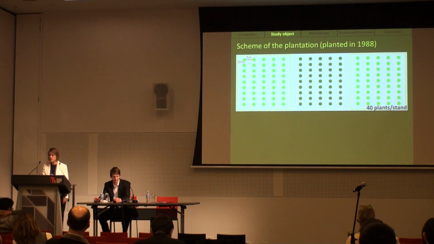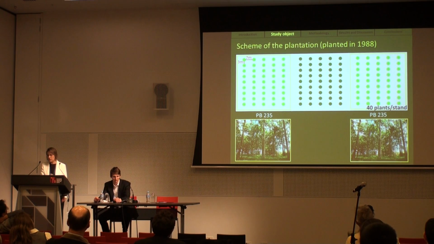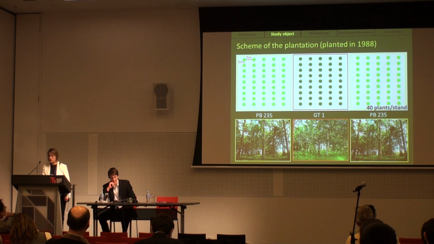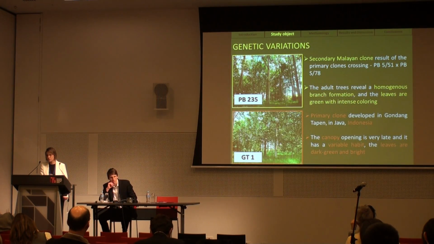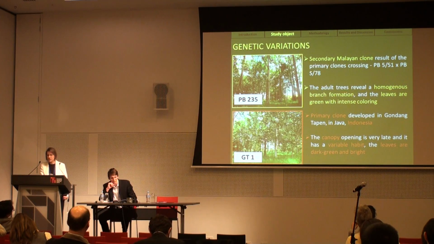The plantation was established in 1988 with two stands of the PB235 clone and, in the middle, the clone GT1. Each stand has 40 plants. Regarding the genetic variations between the clones, the PB235 is a secondary Malayan clone,